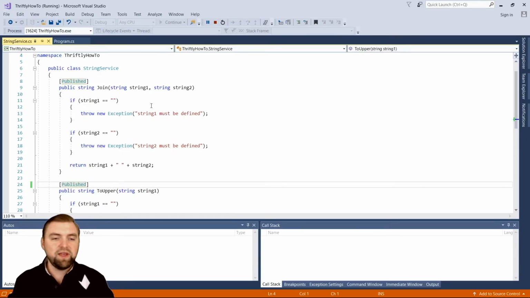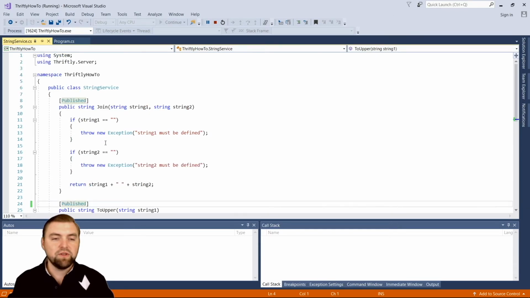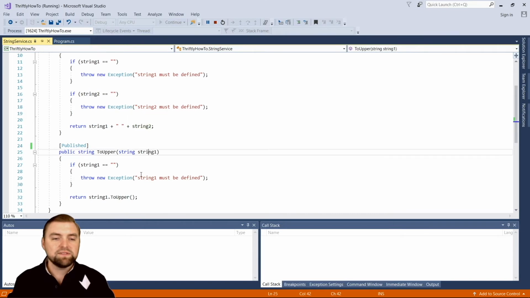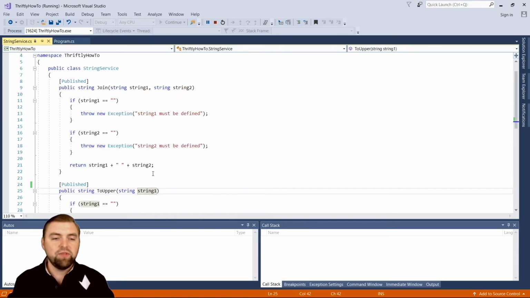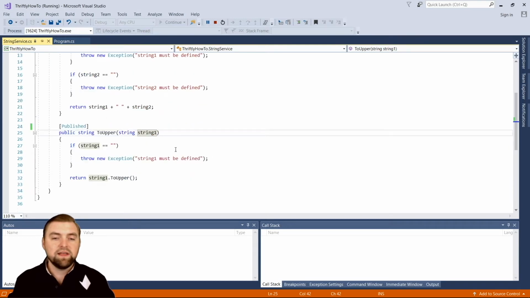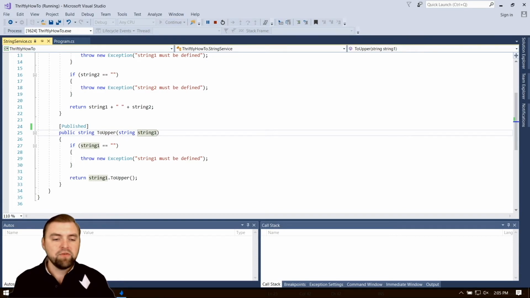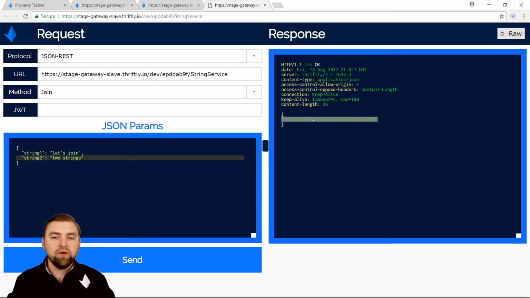So that's just based off of this original code that we wrote. It's taking these two parameters here, and this one's taking the one parameter. So this code right here that we wrote in C# using our Thriftly library is serving all three of those protocols right now. So that's pretty cool. Now that's a POST call, but let's jump over to our demo and look at an example of a GET